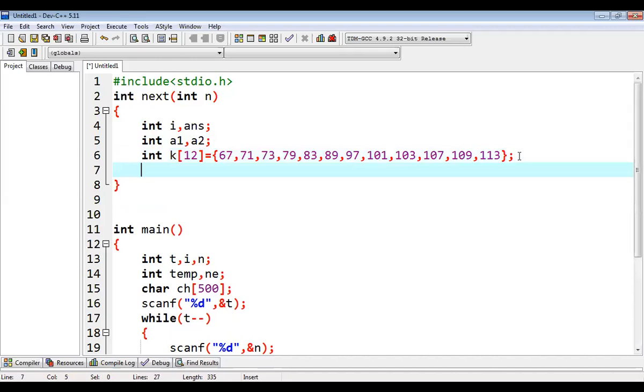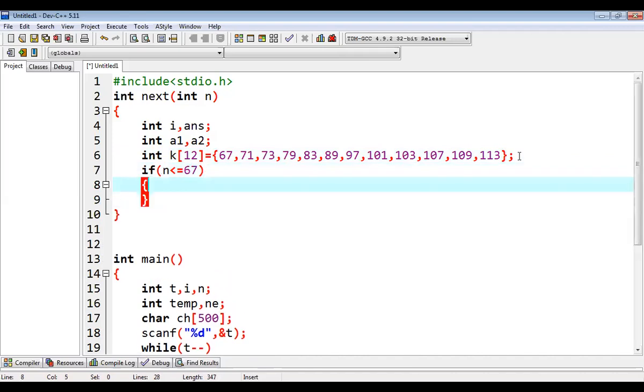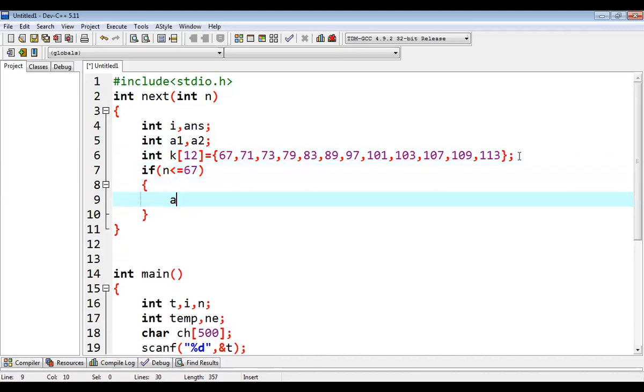Now what we have passed in this is the character number. So if n is less than or equal to 67, as we have discussed this case, then the answer will be 67. It's for sure.